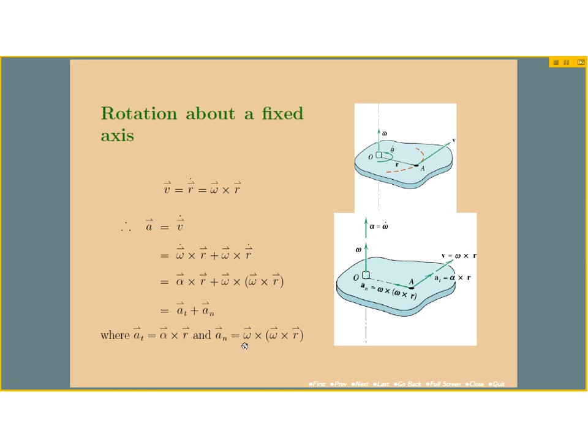Now, why do we say they are tangential and normal? Well, it is true that for two-dimensional motion, and we limit ourselves in Chapter 5 to two-dimensional motion, to planar motion, it is always true that the angular acceleration vector is in the same direction as the angular velocity vector. In fact, I should even backtrack a little bit and say that it's always true in planar motion that the angular velocity vector is normal to the plane of motion.